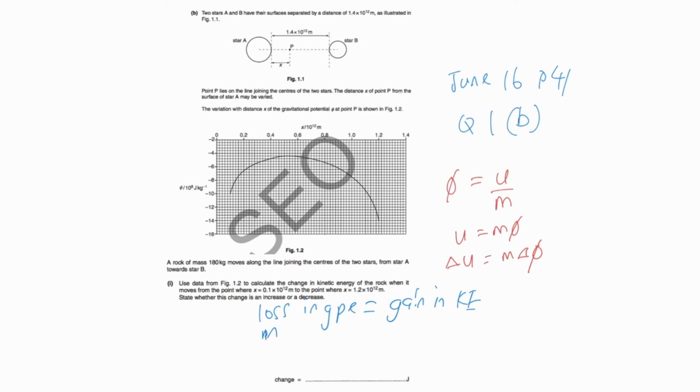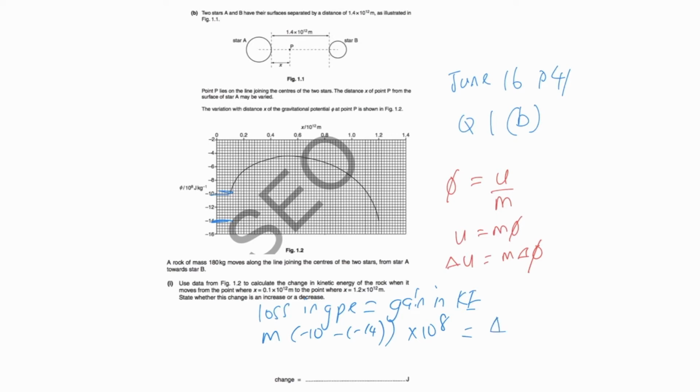If you read right from the graph, the potential at 0.1 is negative 10. The potential at 1.2 is negative 14. When you say loss in GPE, you have to take the bigger minus the smaller. So let me just write nicely. This will be M, the mass of the stone, times the change in potential: the bigger potential, negative 10, minus the lower potential, negative 14. Basically you're going to get 4. Don't forget there's a power of 10 to the power 8 there. So that will equal the gain in KE,